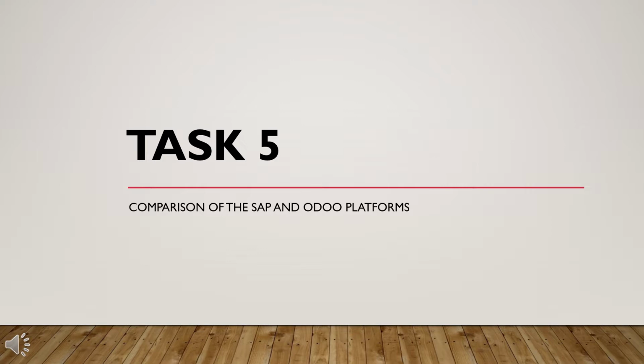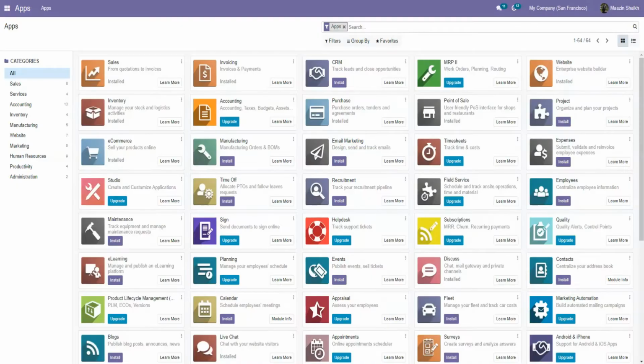For this task, we're going to be doing a comparison between the usage of the SAP and the Odoo platforms. Welcome back once more. So for this task, we're going to be seeing certain similarities and dissimilarities between the Odoo platform and the SAP platform. And we're also going to discuss how in more than one way, one is better than the other in certain